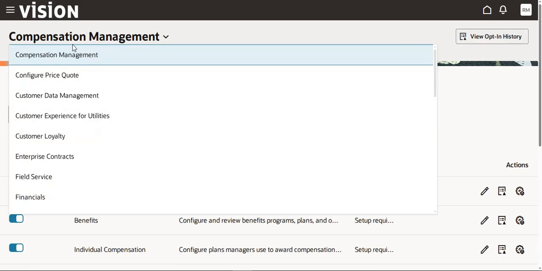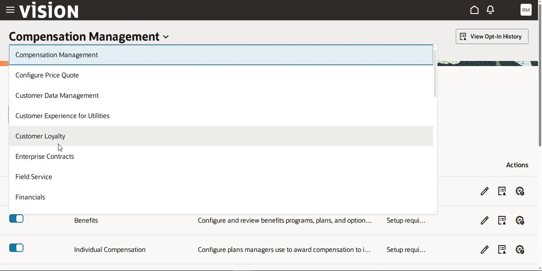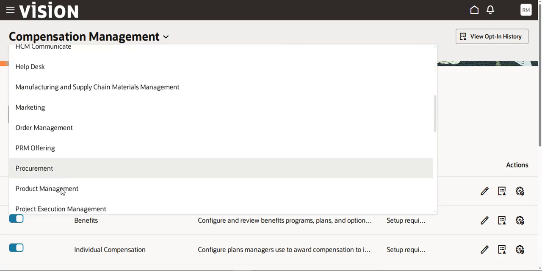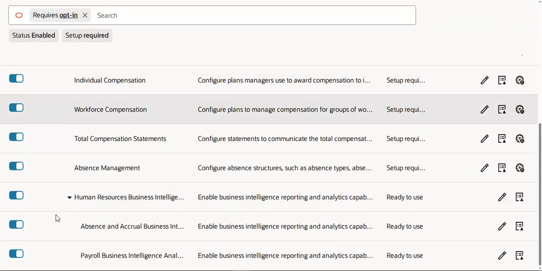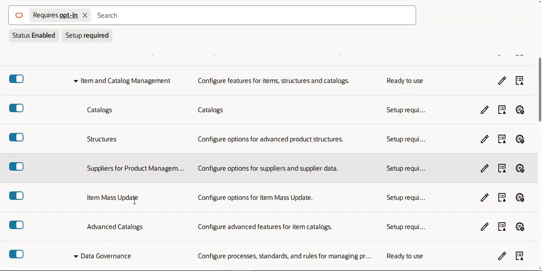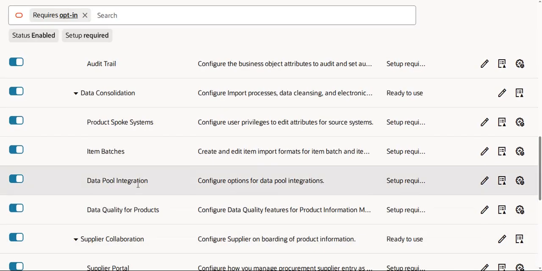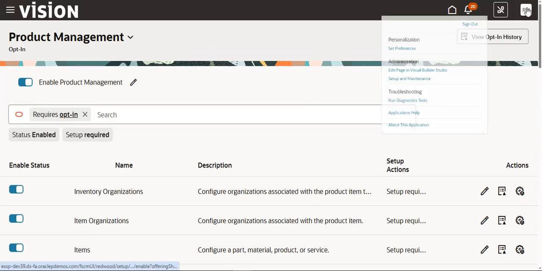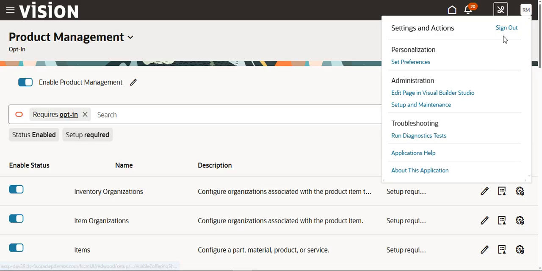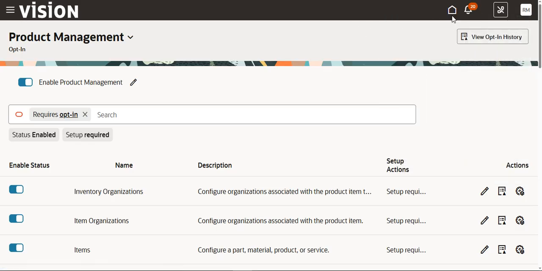And for product management, whatever features are available, we can enable or disable in these modules. So based on that we can offering, and then go to setup, home button,